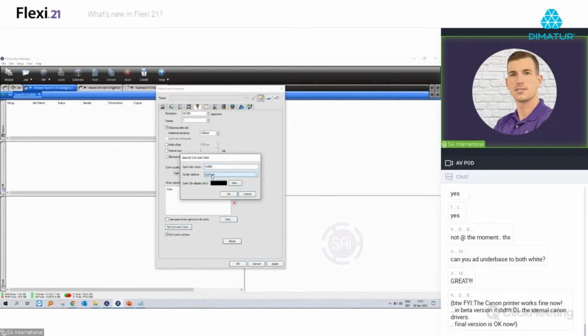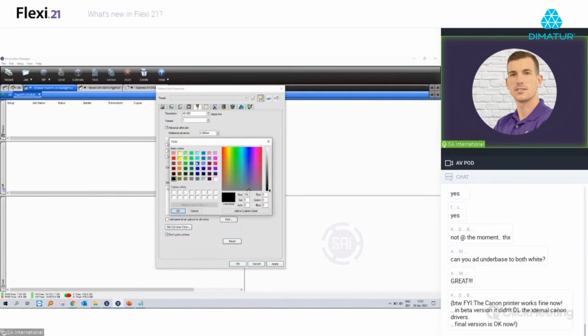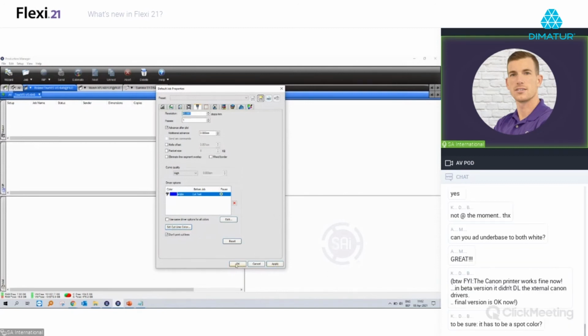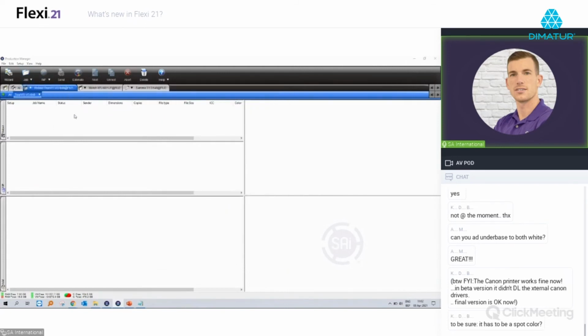We can already add a cut condition or a strategy to the spot color name. So okay, we leave it at cut fast, and for display only we can give it a color. For example, blue, because just to display it, our color was a blue spot color line. Press OK, and you'll see there will be an extra cut strategy added to default job properties. Apply OK. If we now import the job, the PDF file,